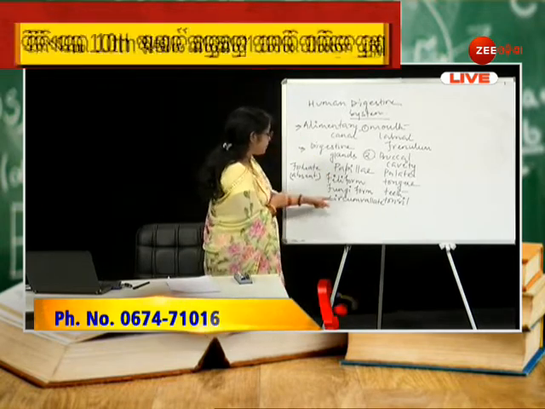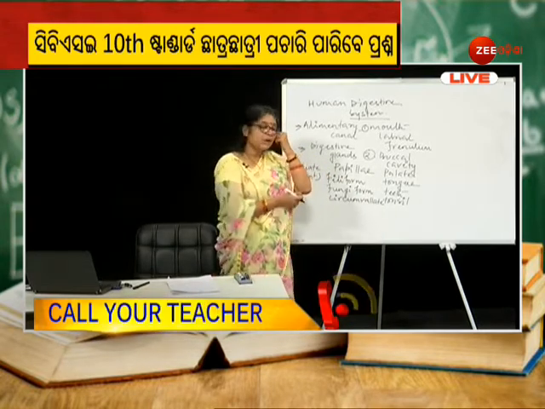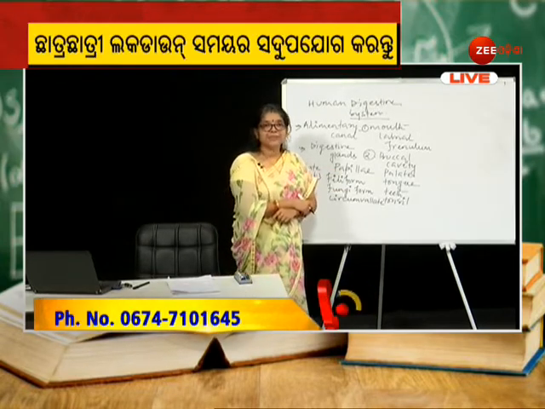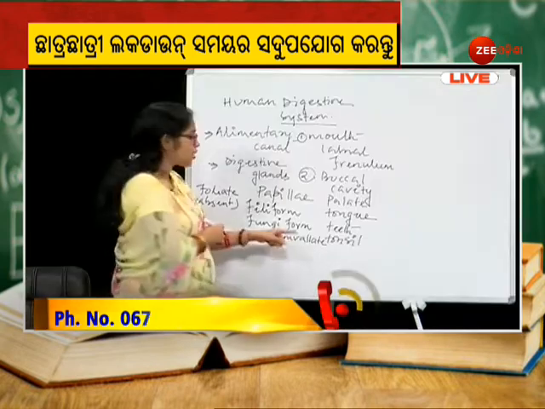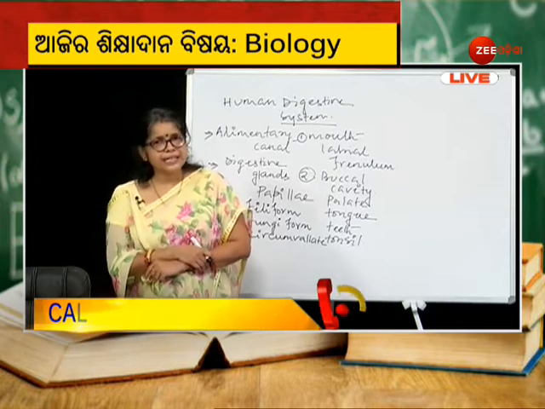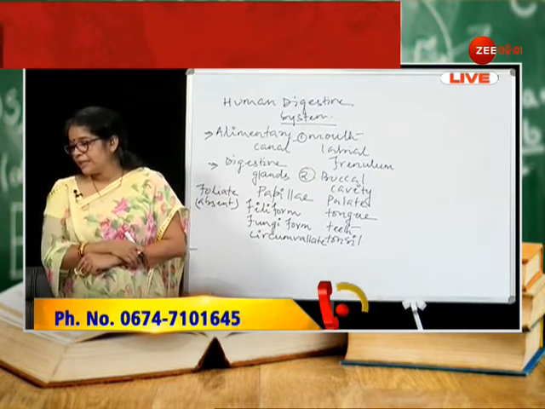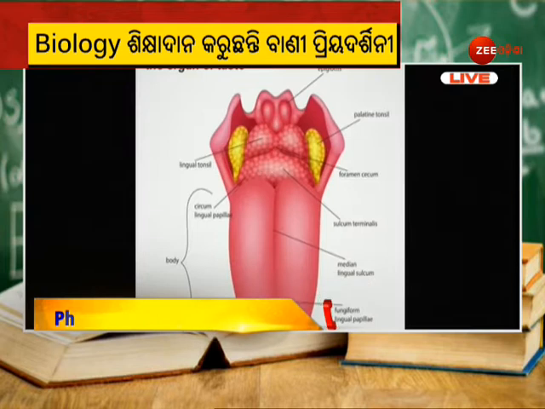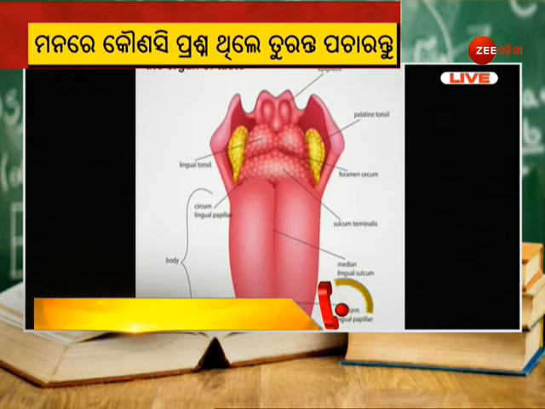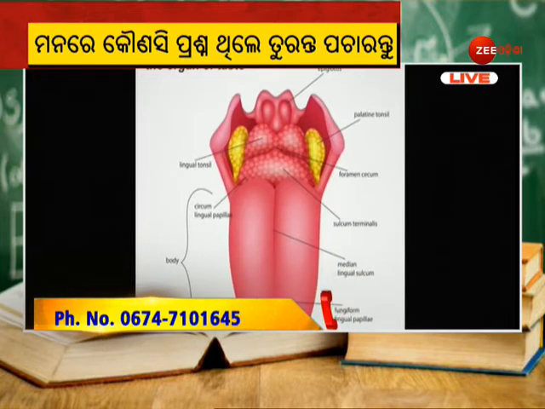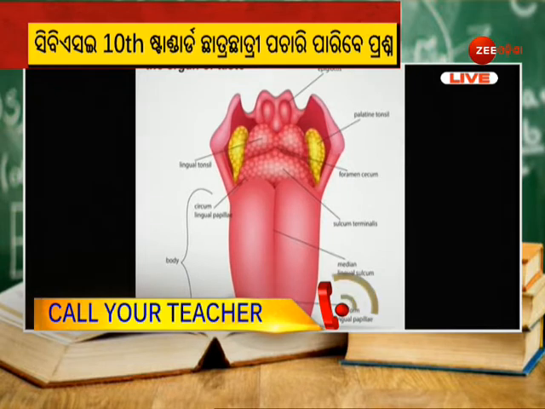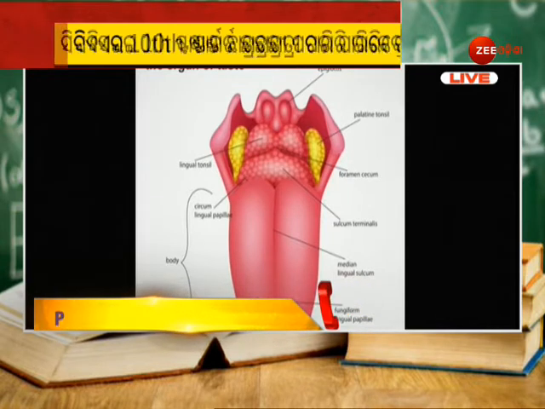Then the next one is the circumvallate. Out of all the types of papillae, the filiform papillae are the smallest, and the circumvallate type of papillae are the largest. Where are they present? From the PPT you can clearly see that the circumvallate papillae are present towards the posterior part of the tongue. Let's have a view of the division of the tongue, which is also well marked in the PPT, showing the complete tongue.